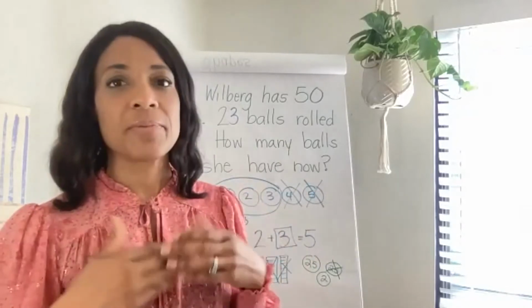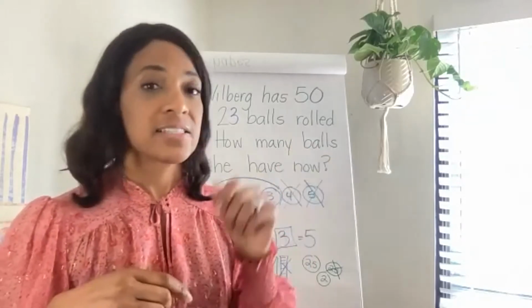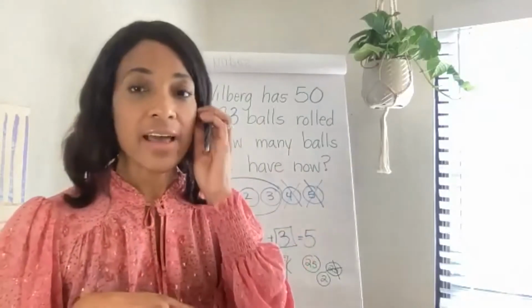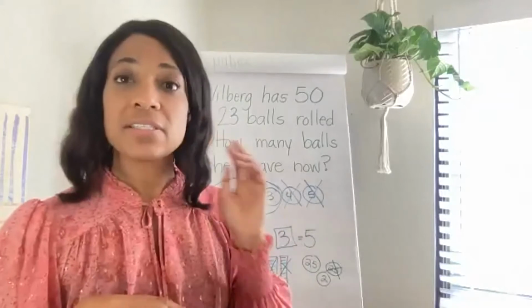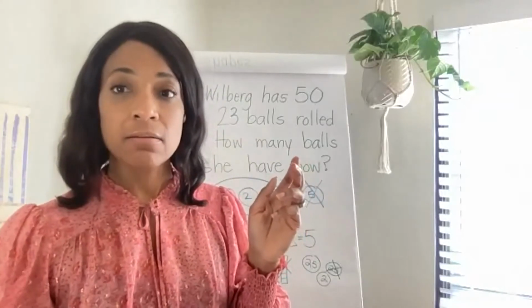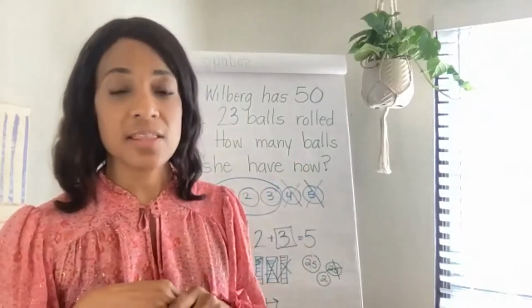I really want to be able to get that new Lego at the store, but I've got to get 10 stickers. I have to get 10 gold stars on my chart. Right now, I only have 7. So if you have 7 gold stickers on your chart, how many more do you need to get to 10? Kids can figure out that distance or that difference when it's important to them.